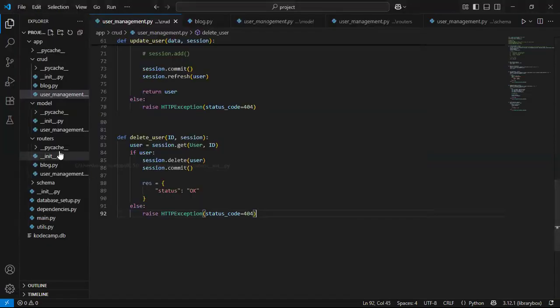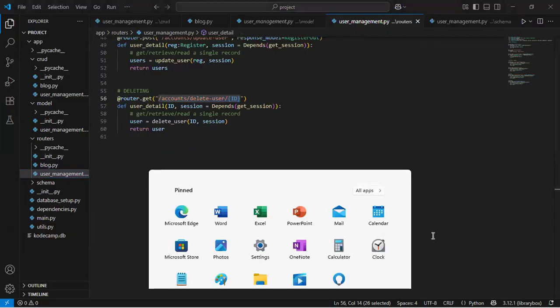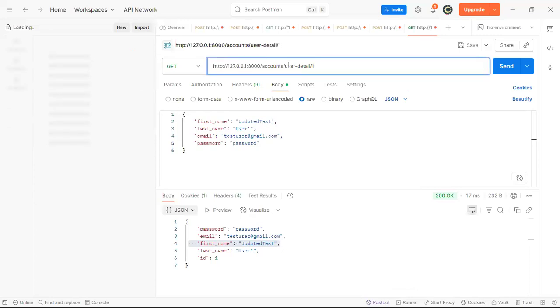And I'll go back to my router again so I can get the URL. So account delete user ID. So if I go back to this method, that should give us ID of 1. So if I put 1 here, then this ID is the user that has this updated text as first name. So if I try to send this now,